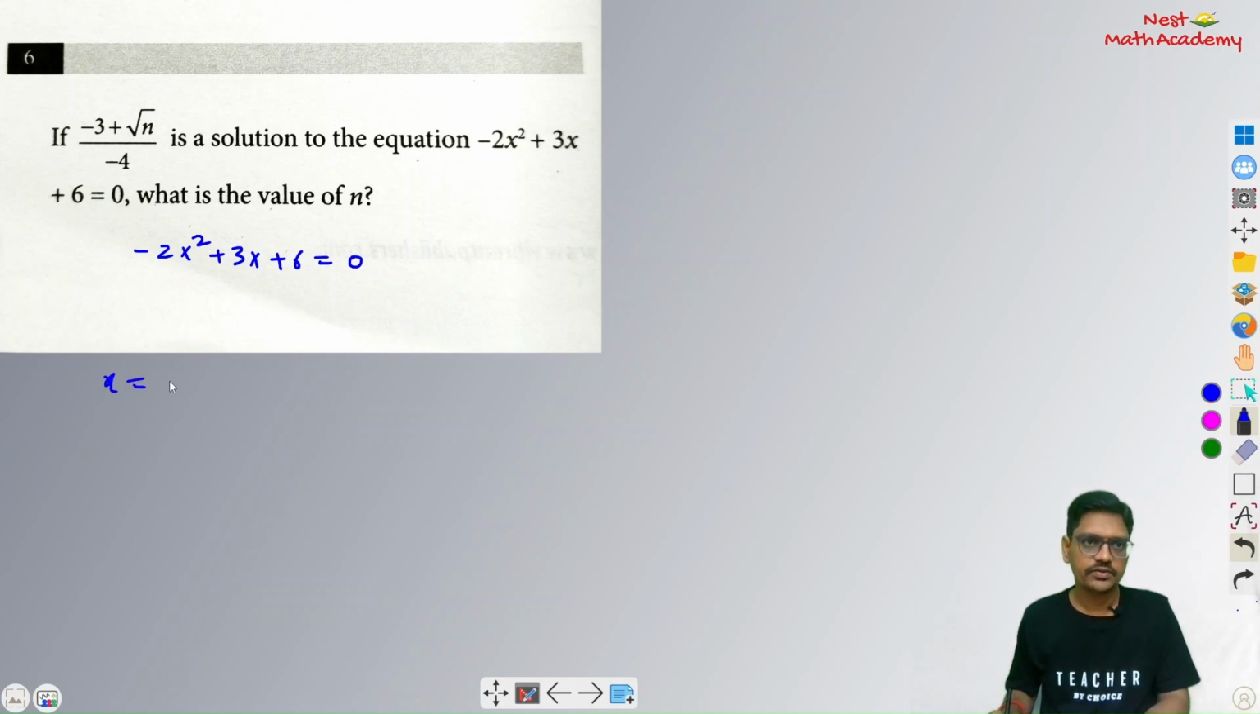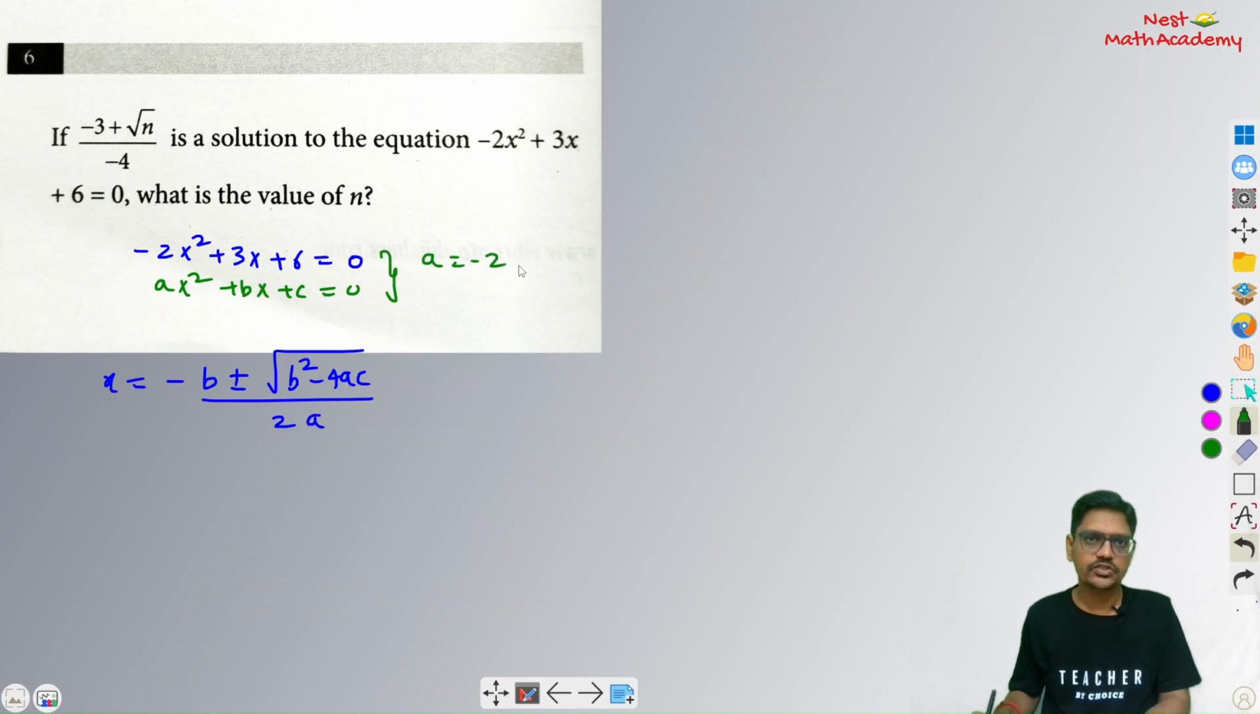Which is x is equal to minus b plus or minus square root of b squared minus 4ac, divided by 2a. Comparing with the standard equation, ax squared plus bx plus c is equal to 0, we can clearly see that a is equal to minus 2, b is equal to 3 and c is equal to 6. Now plug in all these values here. x is equal to minus b, minus 3, plus or minus square root of b squared, 3 squared, minus 4 times a, minus 2, times c, 6, divided by 2a,